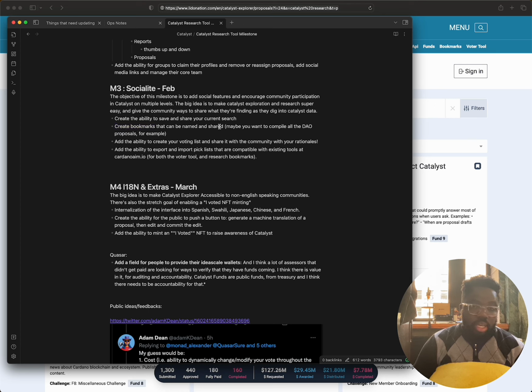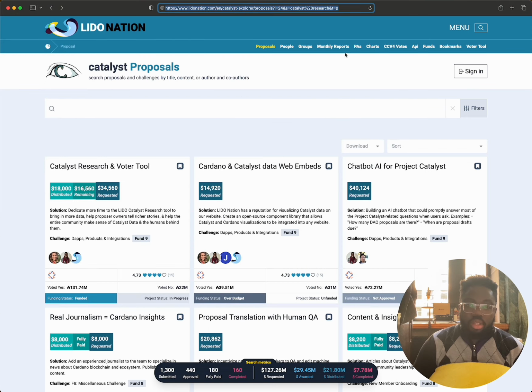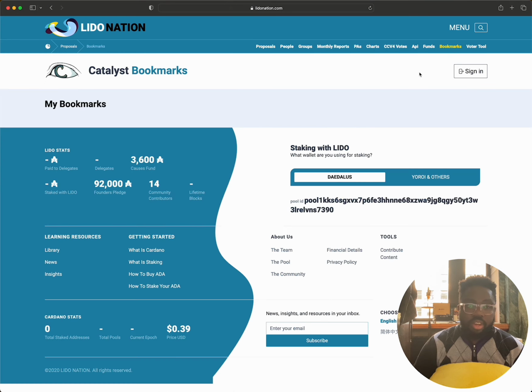The next one is creating bookmarks that can be named and shared. This is something we actually just finished yesterday. This page will have a public component, but for now it doesn't. This is reading data that's in your browser. So if you have bookmarks, this is where all your bookmarks will be. But to add a bookmark,